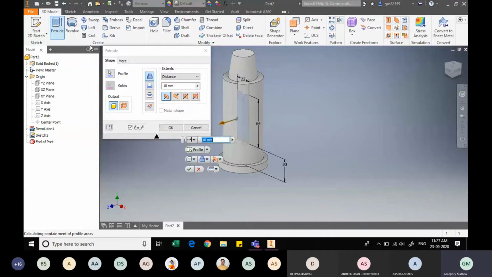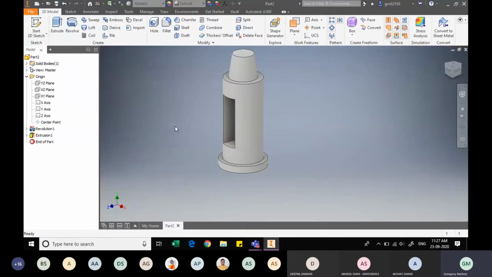So we have done it correctly, and we will finish this sketch, and we will extrude it using the extrude command. We will use the symmetric extrude command, and instead of specifying the distance, I will just say all, because it's a through extrude, right? So we'll use the second option, cut, and our component is ready. Now the only portion remaining is the threaded hole that we need to draw from the top.